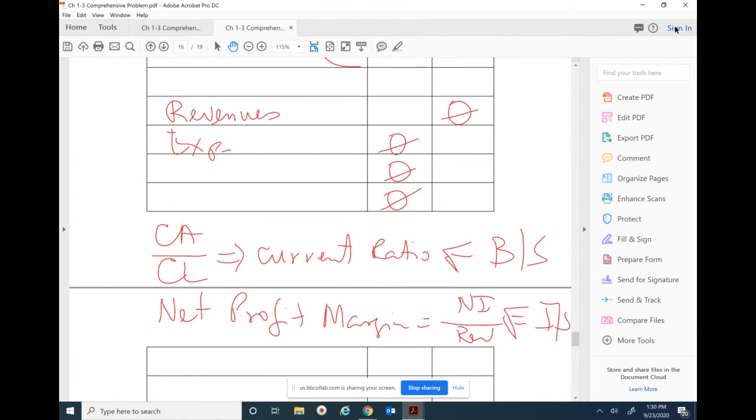All right, so let me open up the floor for discussion. Do you guys have any questions at all? Again, this will be posted on Blackboard as soon as this session is over. If you don't have questions on the comprehensive problem, again, this comprehensive problem goes over every single thing that we've learned in chapters 1 through 3. If you don't have any questions on the comprehensive problem,